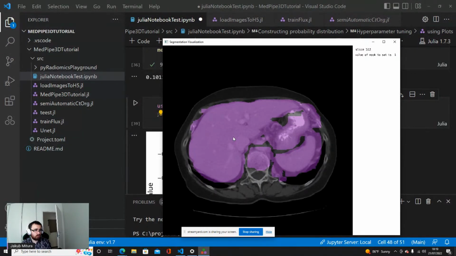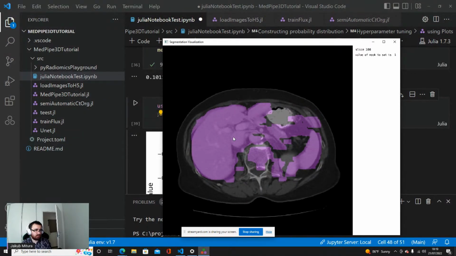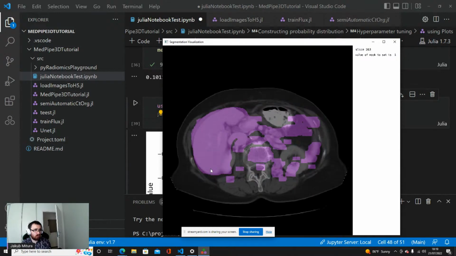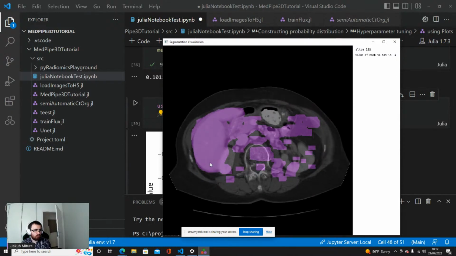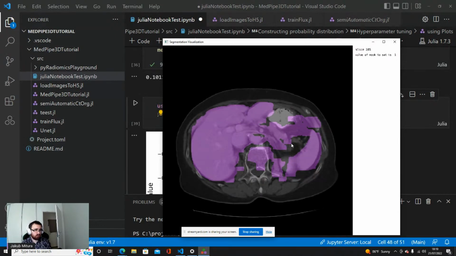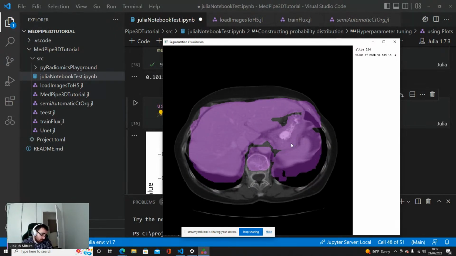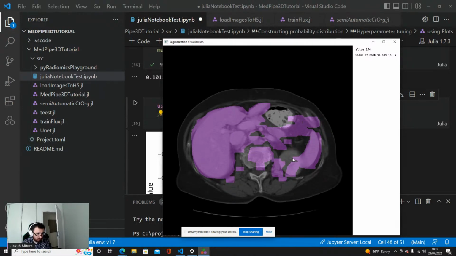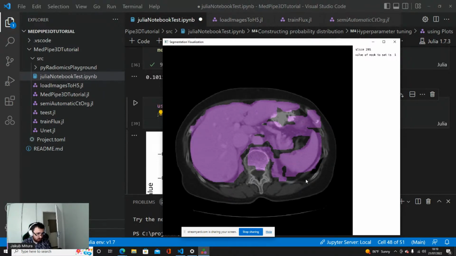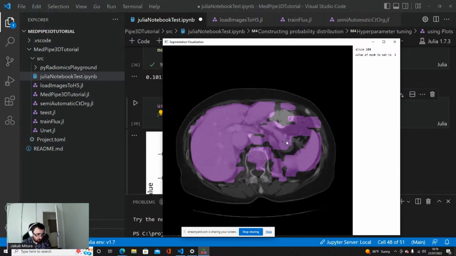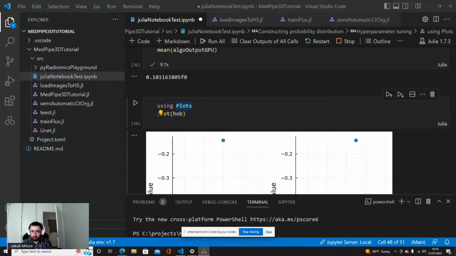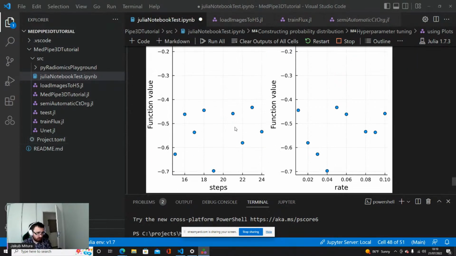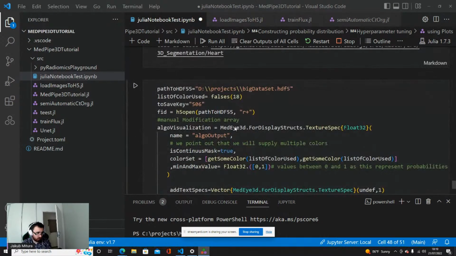It's reduced the negative. Yes, all of the lever is covered now, and we have a lot of additional noise. Yes, and in this particular case, it minimizes the error. Important: this is just because we have chosen the dice score. With other metrics, it would be a bit better, because those voxels would be heavily penalized. Just to show you what can be the problem. And here you can also see the plot of the hyperparameter tuning.